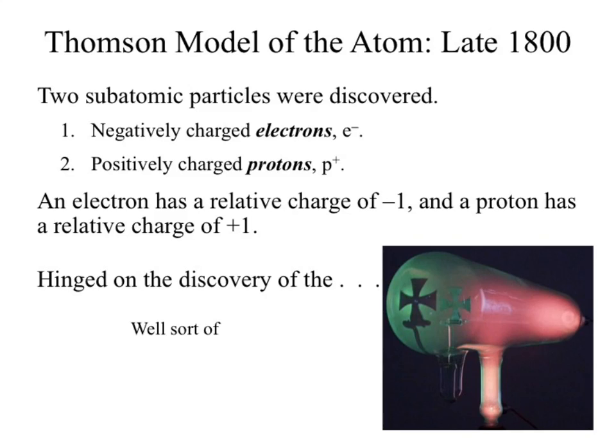Okay? And because we had such a good vacuum that pulled everything out of it, there weren't any atoms within it to be able to do anything. So what does that mean? There has to be a smaller particle. That's where we get electrons and protons from. Okay? Kind of cool. At least I think it's cool.